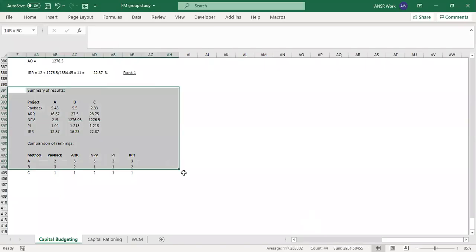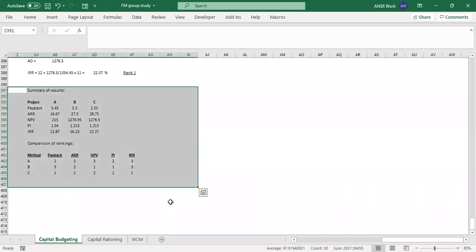So I'll just share the final result of all our calculations. Here is the summary of the results. Payback period, ARR, NPV, PI, IRR all are given, and the ranks also after that. And as per the requirements of a finance manager, they can go for any of those ranks. That's not a problem. Actually, C looks better because C is giving us